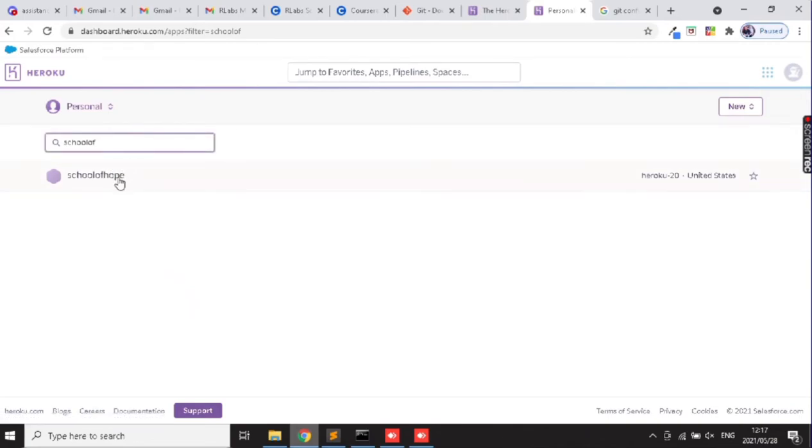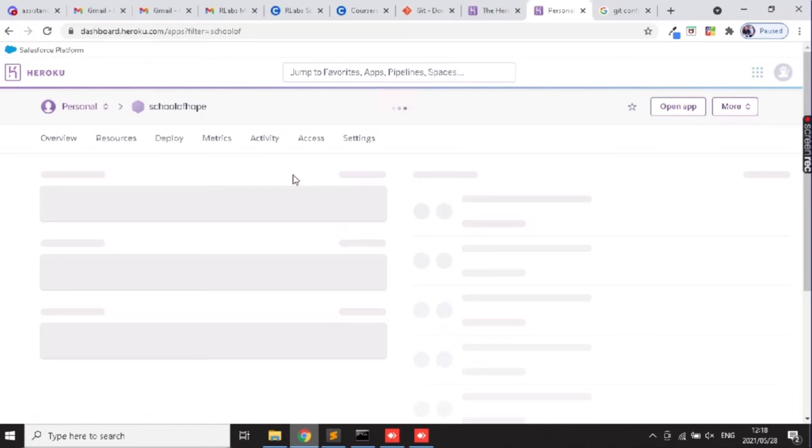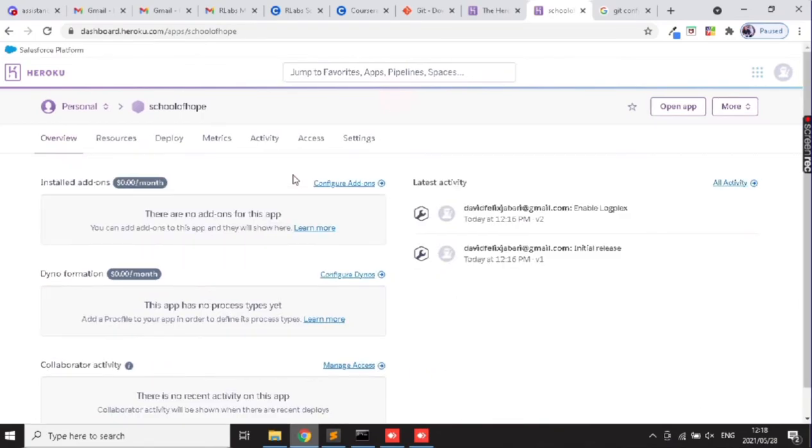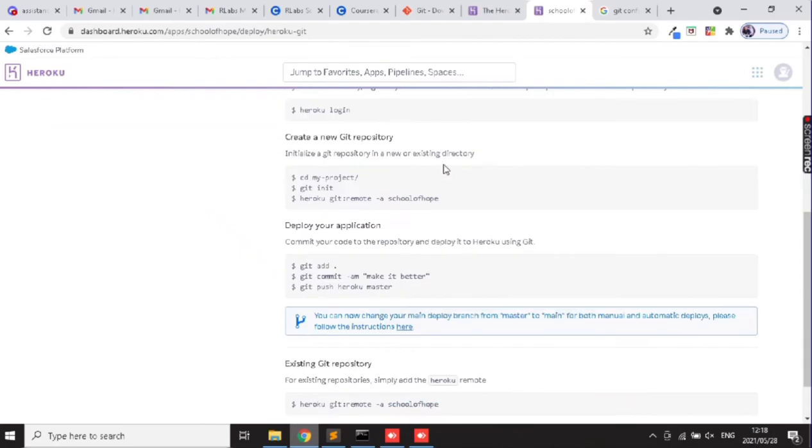Once you have the app over here, click on there. And I want you to go to, see, deploy, this tab over here. Scroll down, and this is basically all you need to do to deploy your application. So already logged in, already CD'd into our project, already git init, and then the next command would be Heroku git remote. So you can just copy this down,